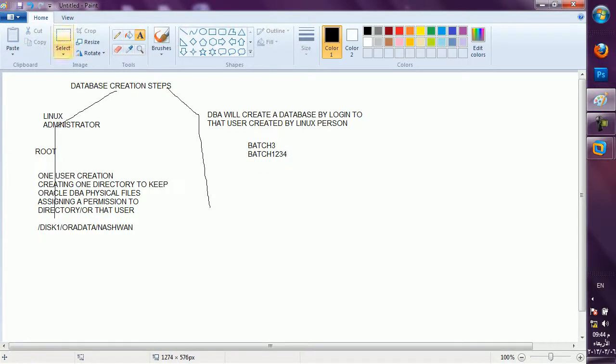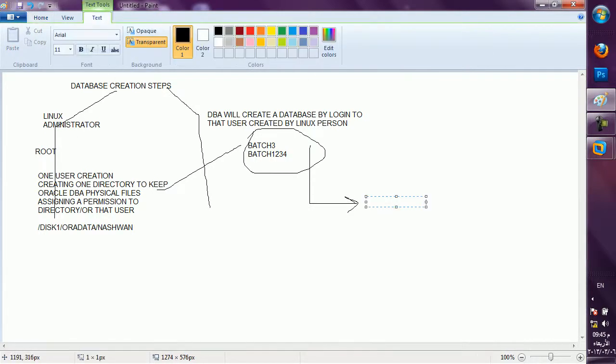The Linux administrator has created this user for you. This is your login details now. If you log in with this batch3 and the password batch1234, now the steps from here are all the responsibilities of the DBA. After login, Linux will not take care of your steps now. So first, configuration